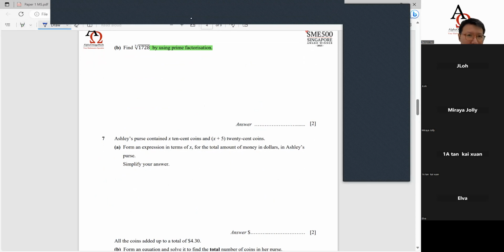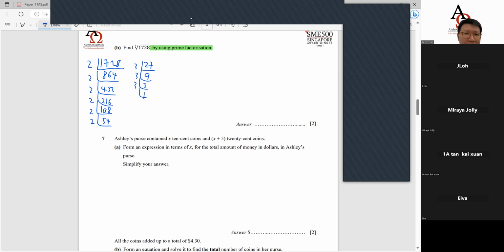Okay, how do I do that? You can put it into a ladder also. Okay, divide by 2, 864, divide by 2 again, 432, divide by 2 again, 216, and you can carry that on, divide by another 2, 108, there are quite a few 2s over here, 54, divide by 2 again,